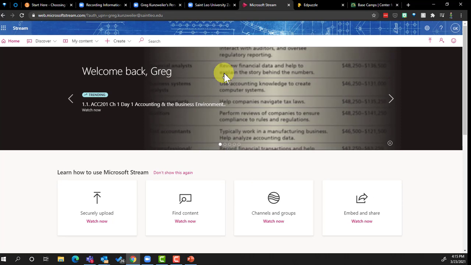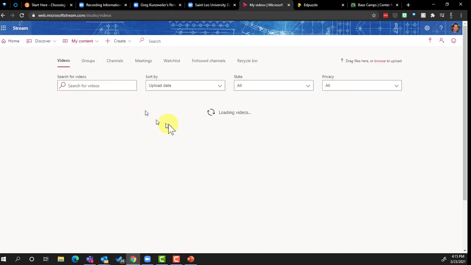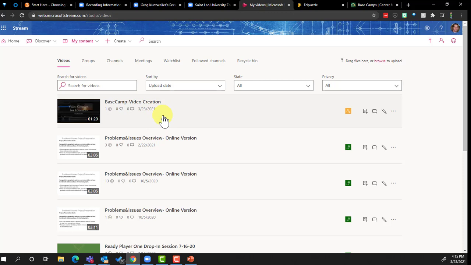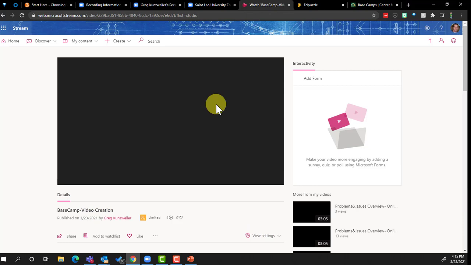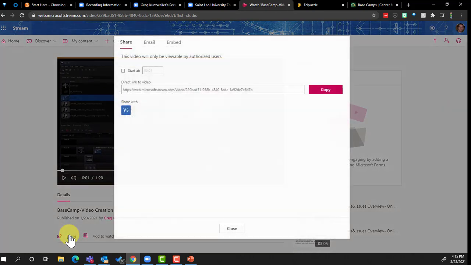Now from here, I'm going to go to My Content, hit My Videos, and the video that you just recorded will show up right here at the top. So now I can go ahead and click on the video. It'll automatically start playing here. Then I have the option to come down here to share, and this is where I'm going to hit share. I'm going to go over to the embed code,